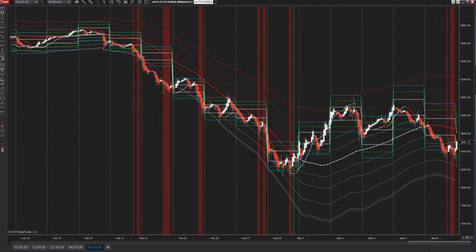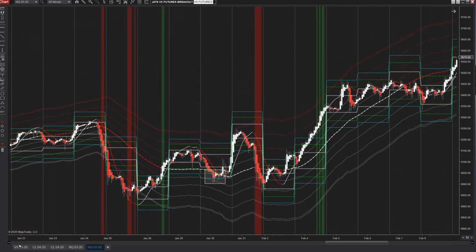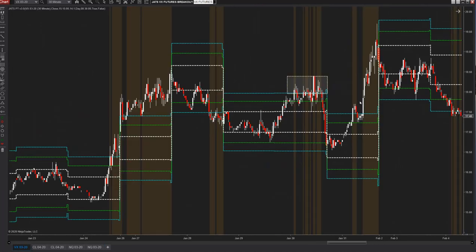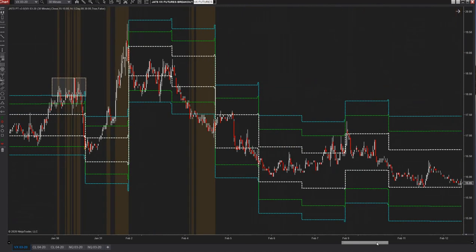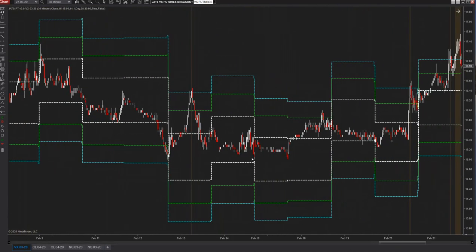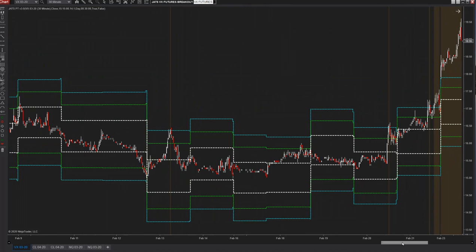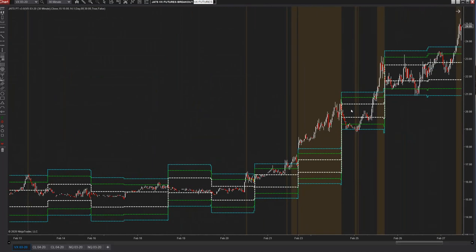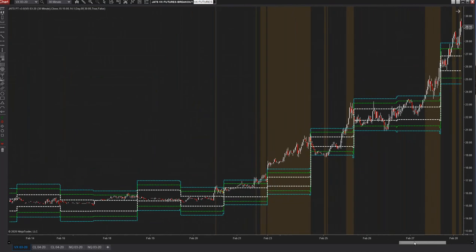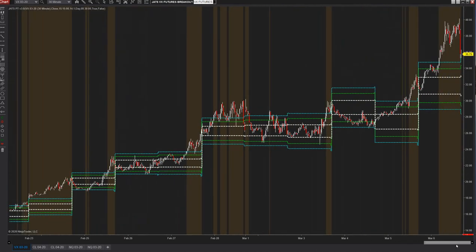You might surprise yourself and get at least some knowledge of where you are leaving these areas and being able to capture some range expansions, or just know that it's normal, regular, rotational trading. So just keep your eye on it. Once you see that it started taking off, like it was in February, you can